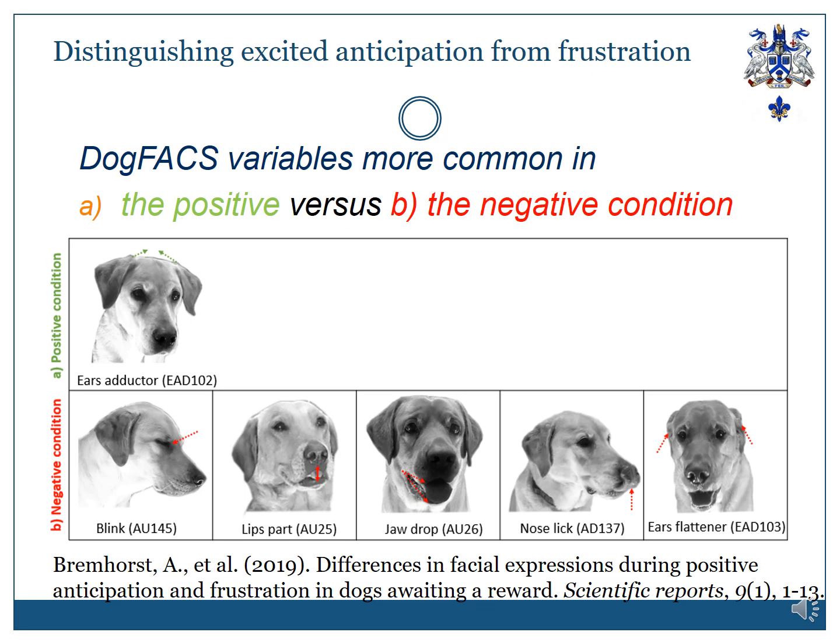And we set up the experiment, and the references here if you want to read it, and we looked for behavioural signs that helped us distinguish between the dogs in these conditions. In the positive anticipation, we saw, similar to the previous study, that the ears were coming together. Obviously, in a dog with dropped ears, you just see a narrowing of the base instead of the sort of pricking of the ears. And in the negative condition, again, we saw the pulling of the ears apart, as we'd